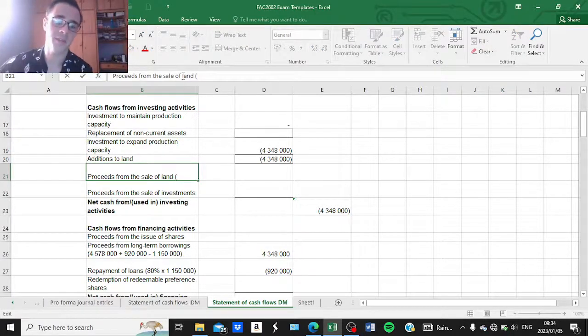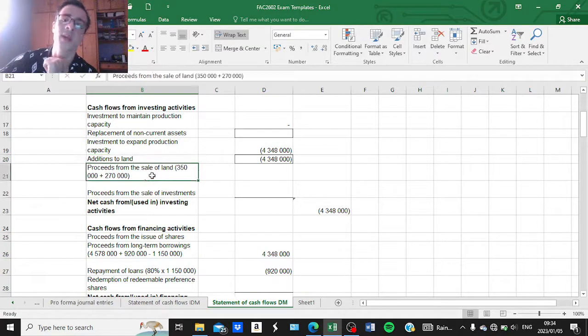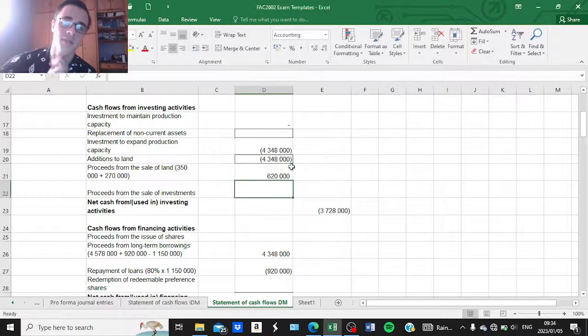We have calculated the disposal at fair value to be 350,000, and now we just need to add back the 270,000, which represents the profit that was made on that transaction. If the 270,000 was a loss, you would have subtracted it from the 350,000, because then it means that the land was sold for less than its fair value. In this case, a profit was made, so the amount received exceeded the fair value of 350,000 on the date of sale. And we will show this as a positive amount because it represents an inflow of cash,